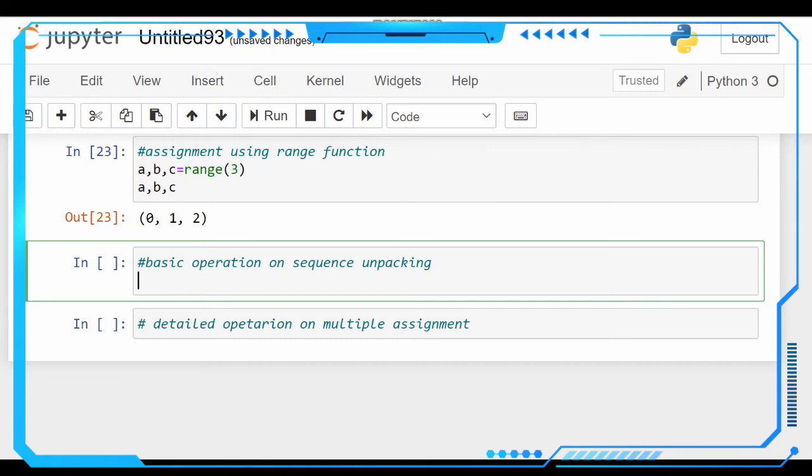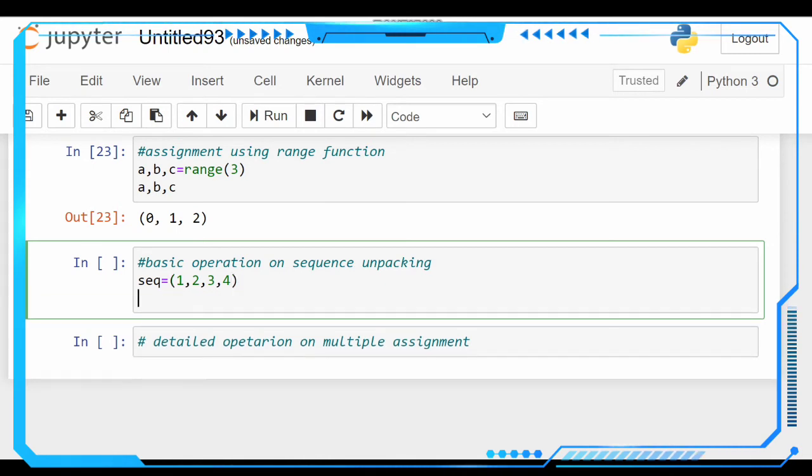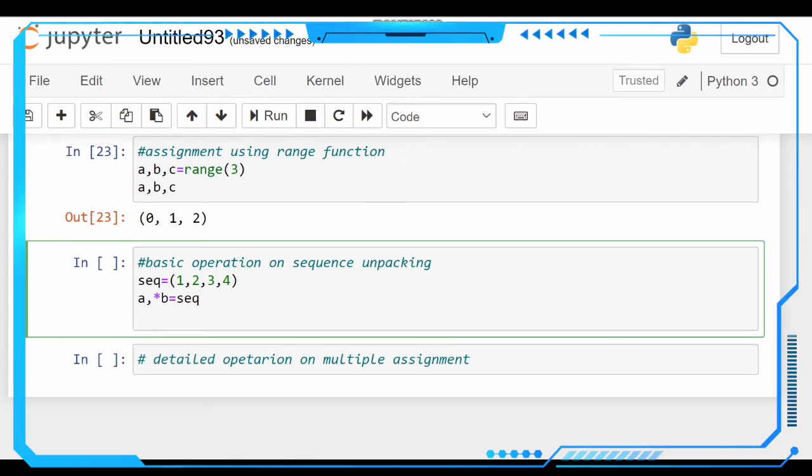And coming to basic operations on sequence unpacking. So sequence unpacking, as we discussed earlier in the previous video, like a sequence equals a tuple of 1, 2, 3, 4. So in this sequence we are going to handle like a, star b equals sequence. So the output, well known to us, a equals 1 and b equals 2, 3, 4.